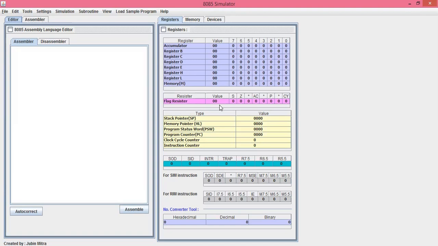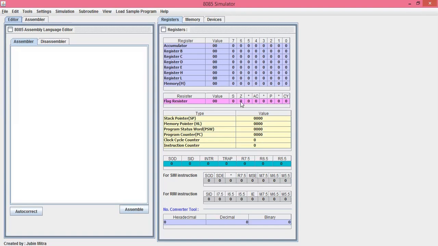Now you can see here the different flag registers. Flag registers are each used for a different purpose. As you can see here, it consists of 8 bits only and here you will see 3 bits empty. That is used for the future version. Now the first, S, stands for sign bit. It helps the programmer to know whether the number stored in the accumulator is positive or negative. So this represents the sign bit. 0 means positive and if the number is negative, it will be signified by 1.